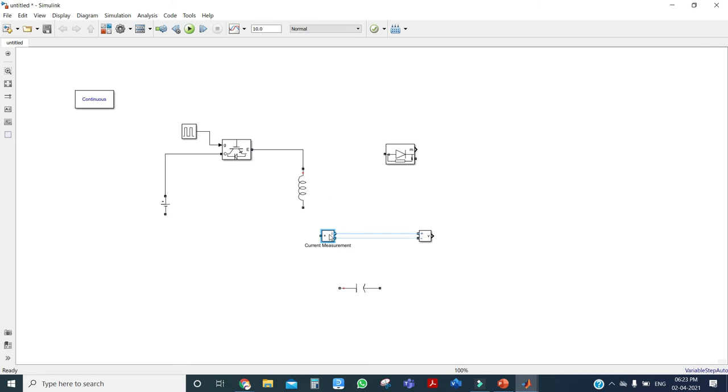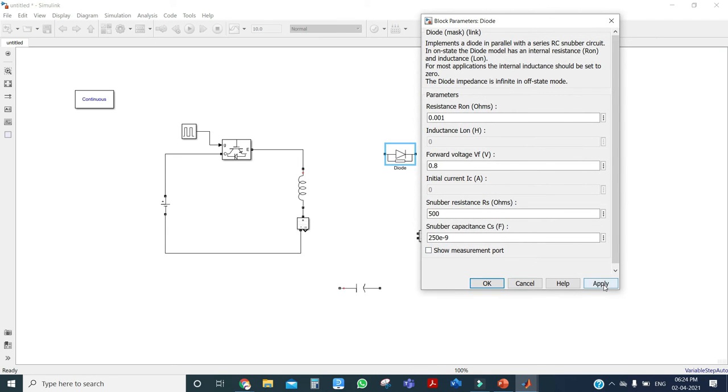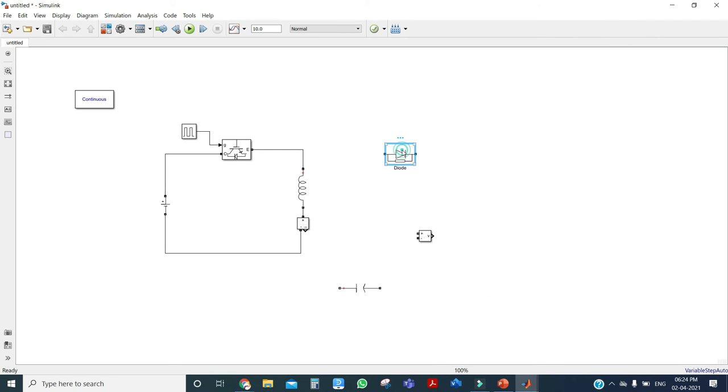So we want to find this current, the inductor current. So you just connect an ammeter in series with the inductor and connect like this. Okay. Then click on this diode, uncheck this port and connect.